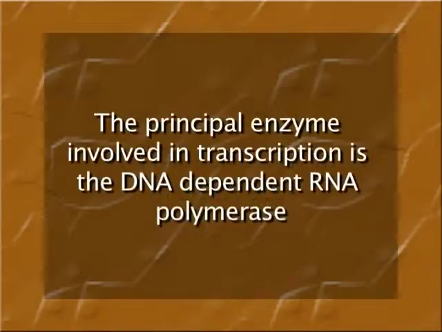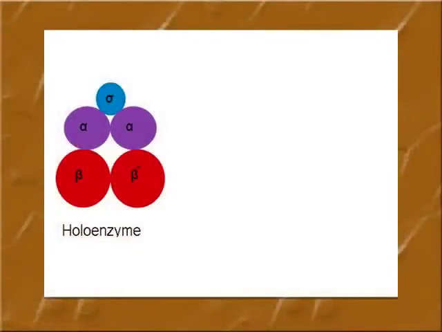The principal enzyme involved in transcription is the DNA-dependent RNA polymerase. To understand transcription, it is necessary to learn more about the RNA polymerase. The bacterial RNA polymerase consists of 5 polypeptide chains, including 2 chains of alpha polypeptide, 1 chain of beta and beta dash, and sigma polypeptide. The RNA polymerase molecule can thus be represented as alpha 2, beta, beta dash, and sigma, in which the attachment